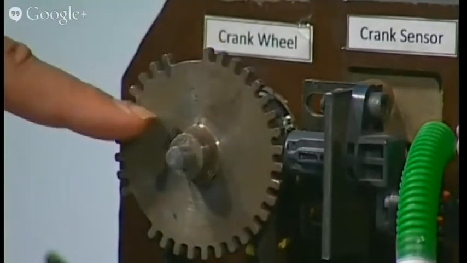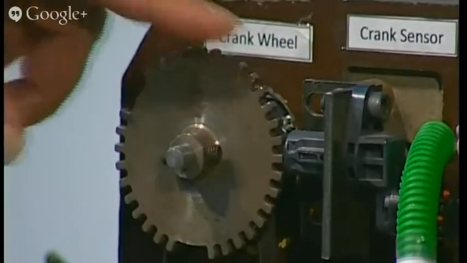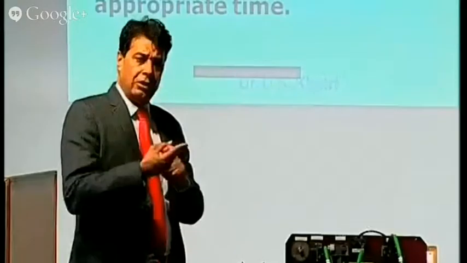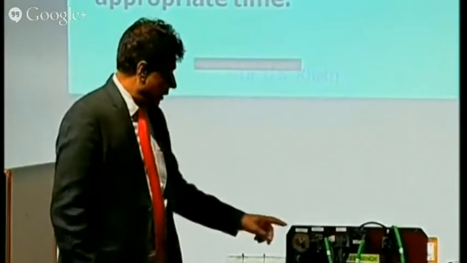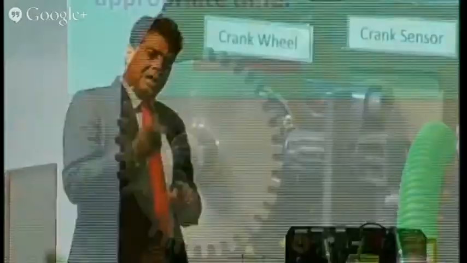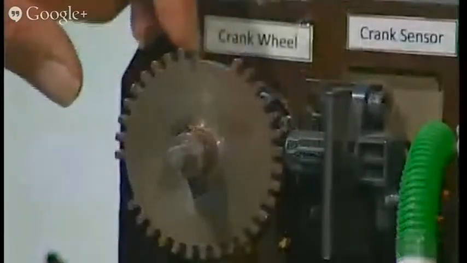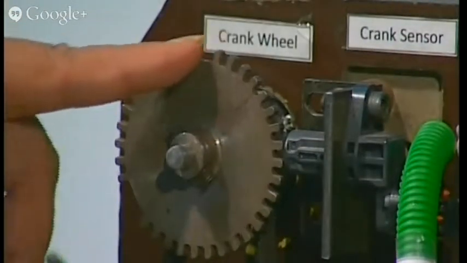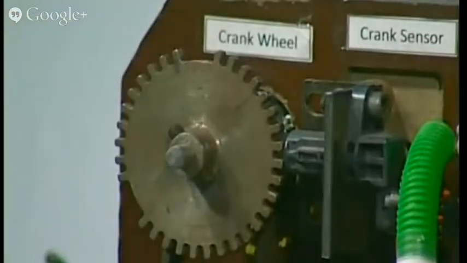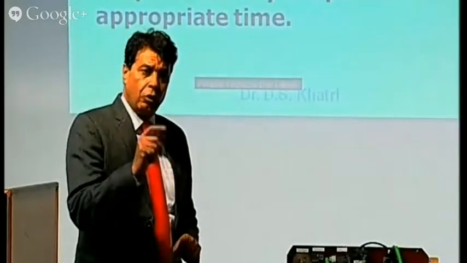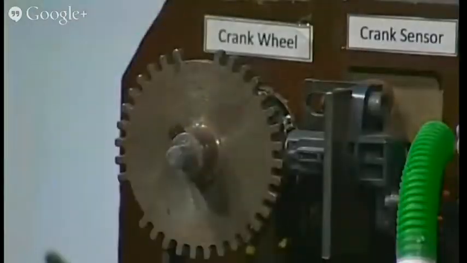In this design which has been created, we have 36 teeth. It means in one revolution there will be 36 pulses. Now, if I keep it regularly 36, I don't know what the start point is, because everywhere it is the same. So to avoid that, we miss teeth. You can see here, there are no teeth here. So this will give me the location and identification of the TDC or any other position, because this gives me a reference.